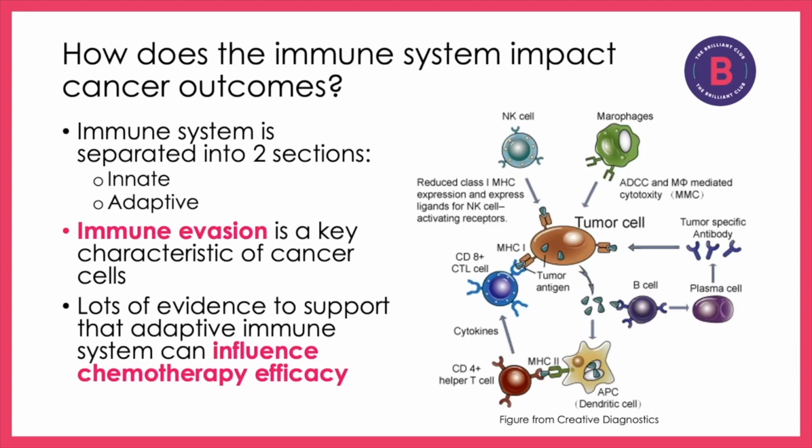So as you may be aware, the immune system of all vertebrates is separated into 2 sections, the innate and the adaptive immune system. The innate immune system is essentially the first line of defence. It achieves this through physical barriers, inflammation, and the recruitment and activation of the adaptive immune system, and therefore, the